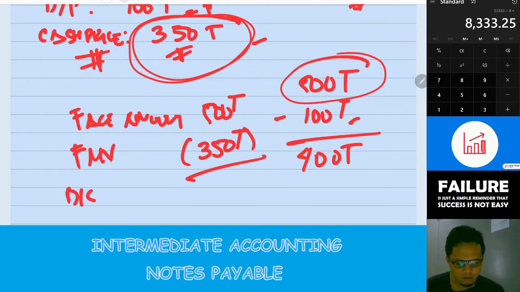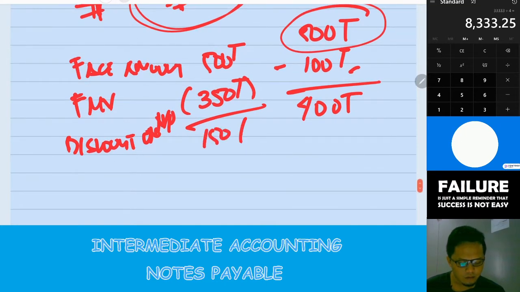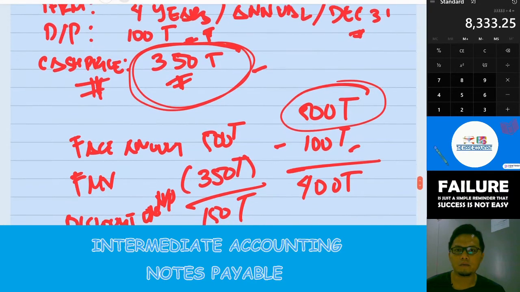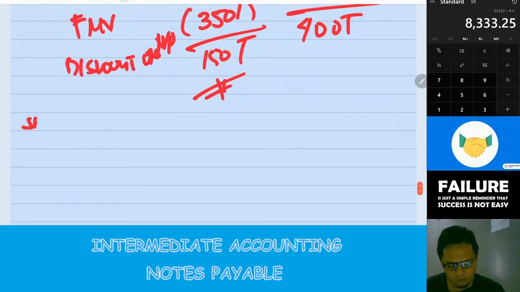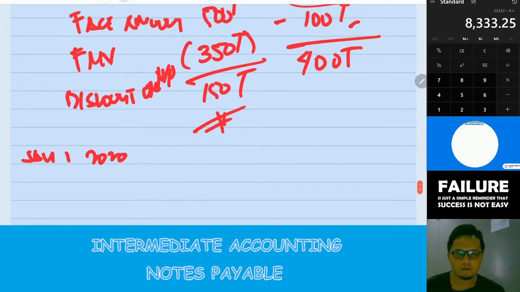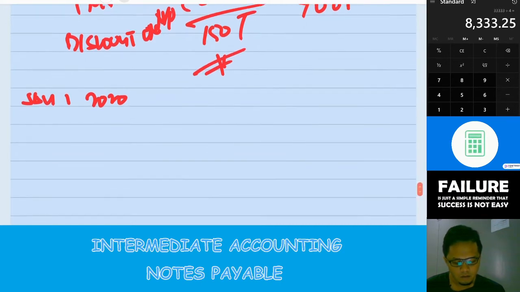Then we have a discount on note payable of 150,000. So on January 1, 2020, the date of issuance of the note or the date of acquisition of the equipment,